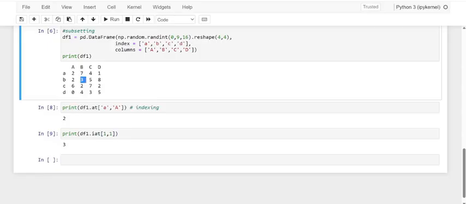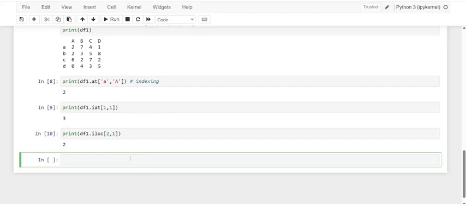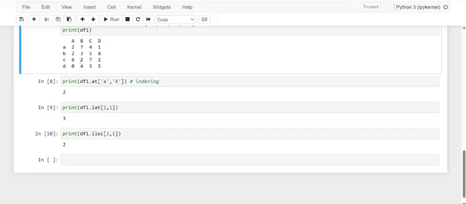Now let me show you once again, dear friends. With df1, I can make use of the other positioning, which we call iloc. iloc is also the same thing as positioning. Kindly observe, I am able to identify 2 comma 1. 2 refers to this row, and 1, of course, is the exact element of this.